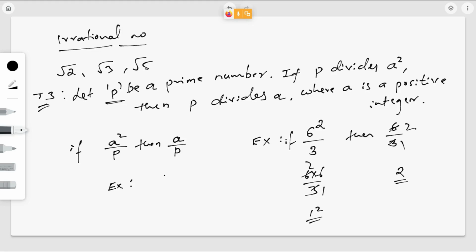So 5 square upon 5. Or you can take 12 square. Let me take 12 square upon some prime number 2. Okay, 12 square upon 2. So we will get